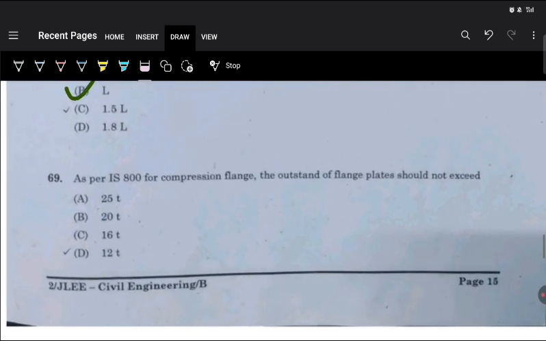So coming to the next question, as per IS 800, for compression flanges, the outstand of flange plates should not exceed 16 times the thickness, right? 16 into T, right? So here outstand of flanges